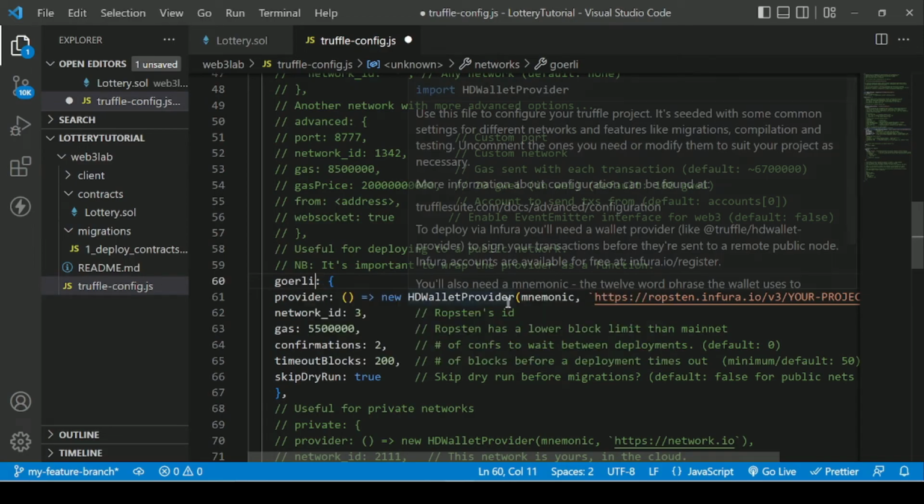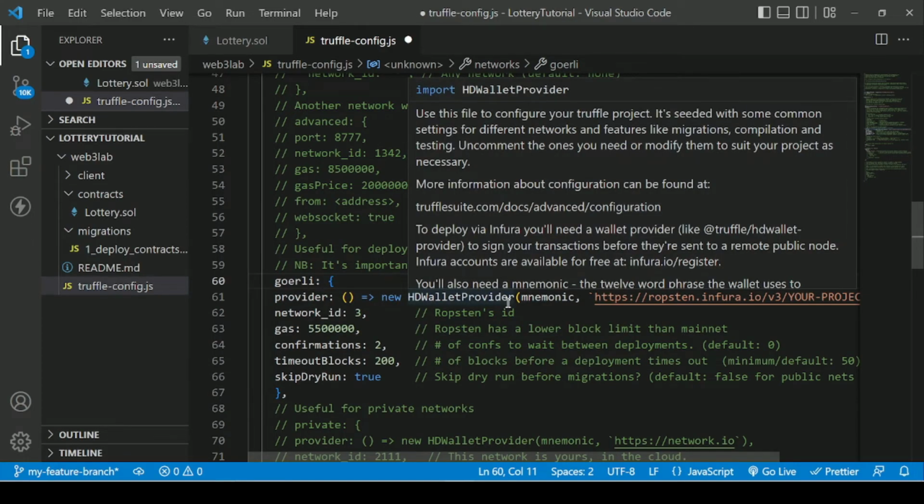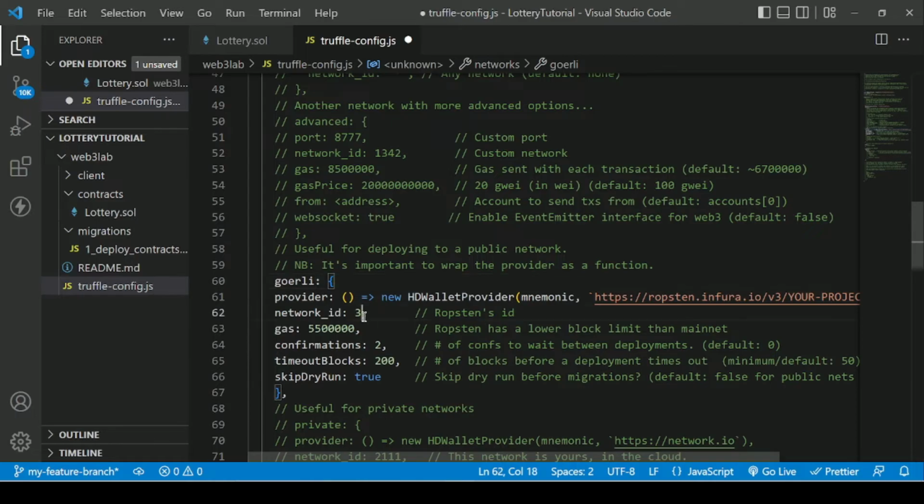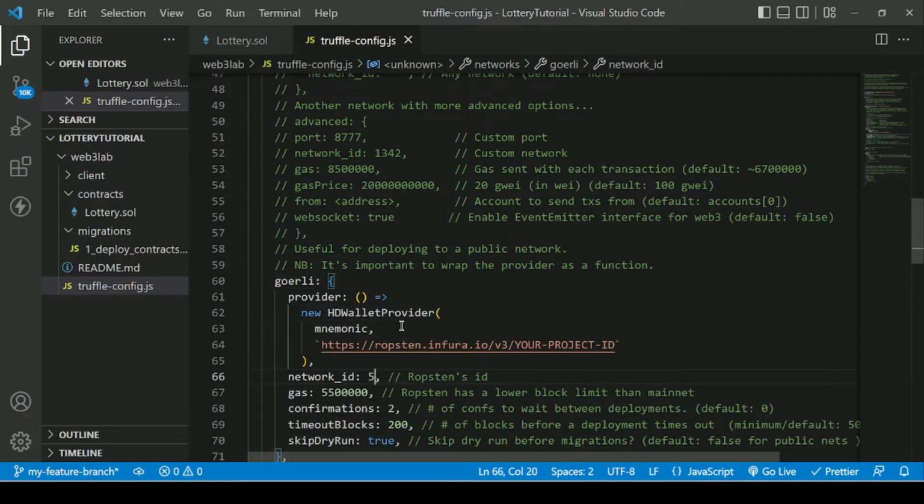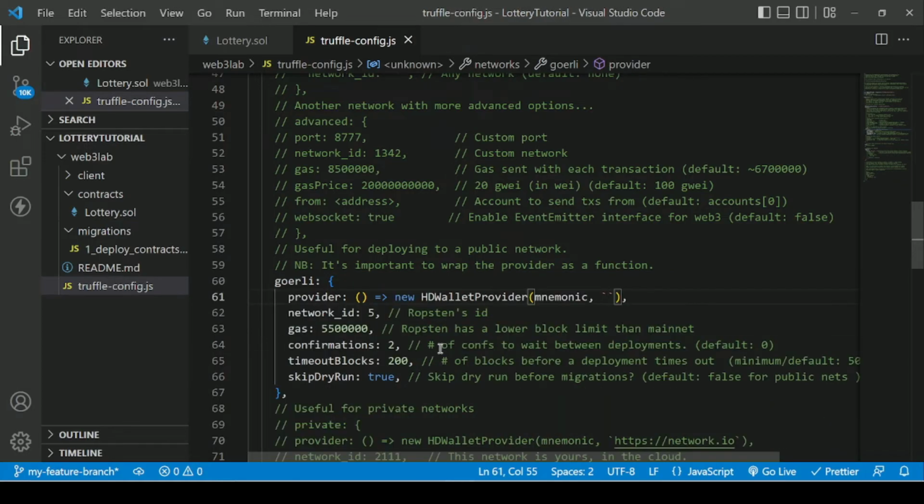If I am mispronouncing this name, so sorry for that, but this is the thing. And then the network ID of Gorilla is 5. Okay, and then we will require a link here, and for that we are going to use Alchemy. We will use Alchemy because we cannot directly deploy our smart contract over a test network without being